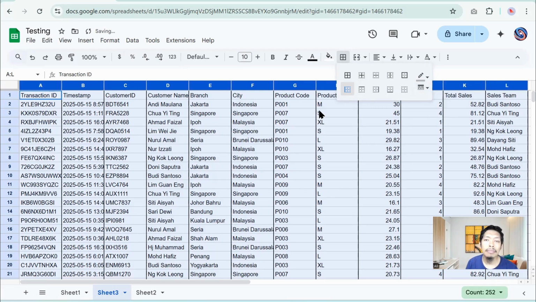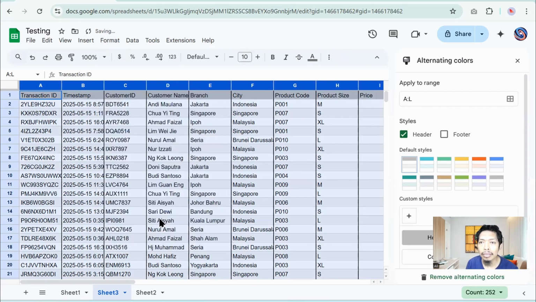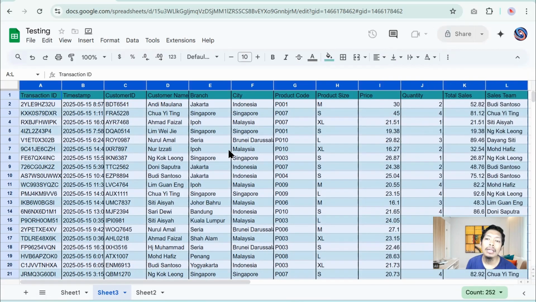Next, let's add some alternating row colors to make the table look nicer. Go to the Format menu and then click Alternating Colors. This will open a panel on the right side of the screen. There are many styling options here, but I will just pick one of the preset color themes. Once you are done, you can close the panel. As you can see, I now have alternating colors, but the header row is still just plain text.